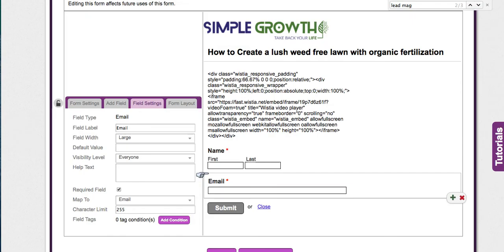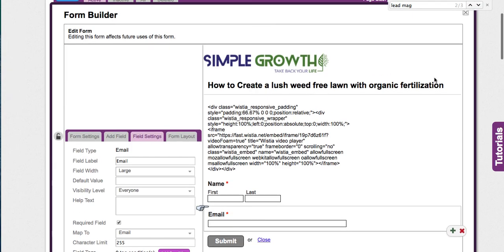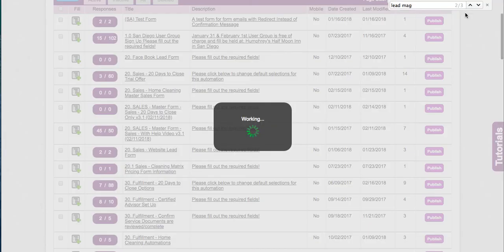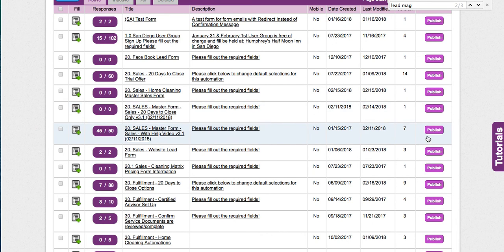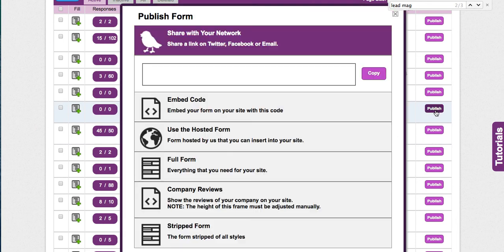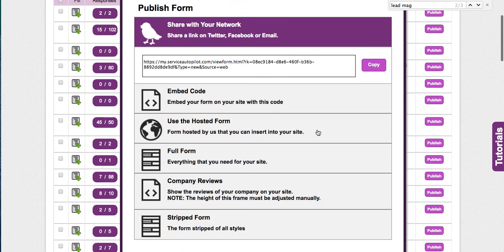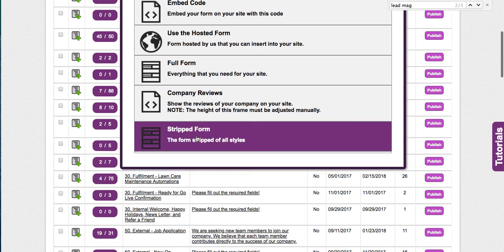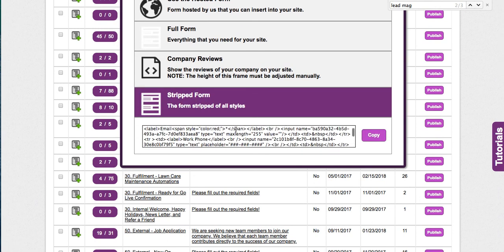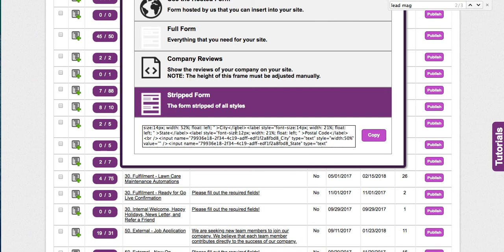The last thing I will show you as well is, if you do not want to use the SA form, we can go under the publish button here, click on that, and if you go on to Fiverr, have your webmaster do it. If you go into the script form, this is the HTML code they would need to be able to create a mobile responsive landing page for you and have those fields in Service Autopilot populate, and once it's submitted, actually download into your